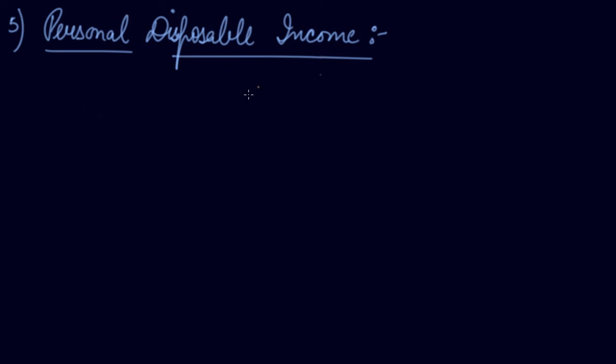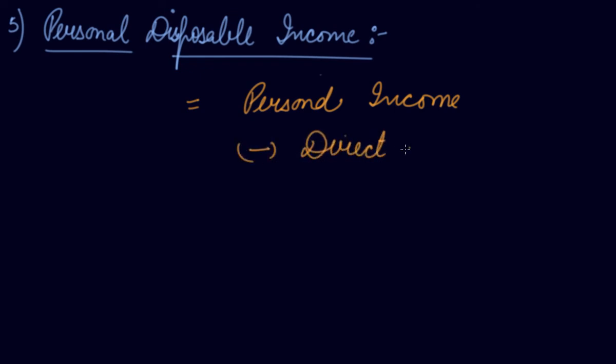So, your personal disposable income is calculated: your personal income minus your direct personal taxes that you pay on your income to the government, minus your miscellaneous